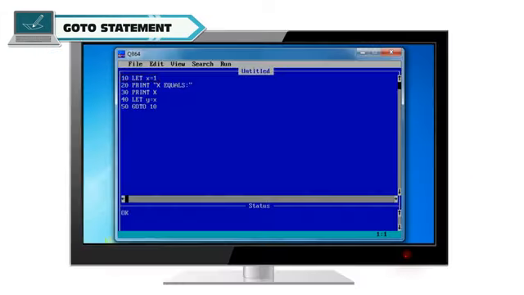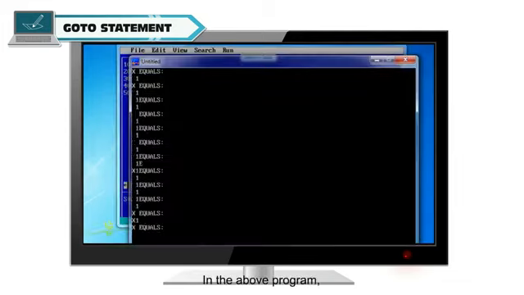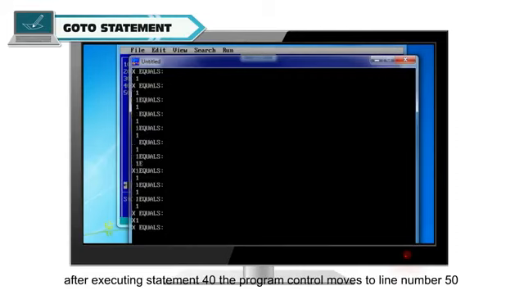For example: 10, LET X = 1. 20, PRINT "X =". 30, PRINT X. 40, LET Y = X. 50, GOTO 10. In the above program, after executing statement 40, the program control moves to line number 50,